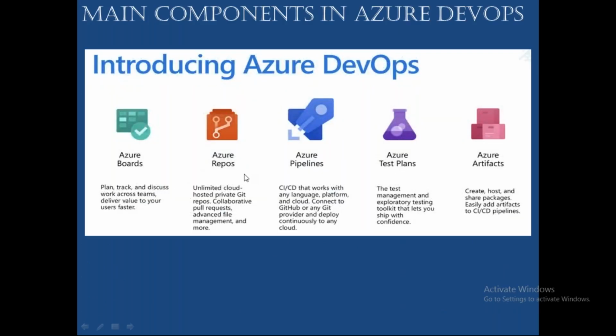See, once you open your Azure DevOps, you'll have Azure Boards, Azure Repos, Azure Pipelines, Azure Test Plans, Azure Artifacts. Azure Boards, we know right now everything is sprints. So task, so the team should get the task, who is working on what, who is completed what task. Okay, so what are the blockers, why somebody is not able to finish this particular task. You need to see all the work that your team is doing. So all that work you will see by using Azure Boards, Azure Repos to store your code,